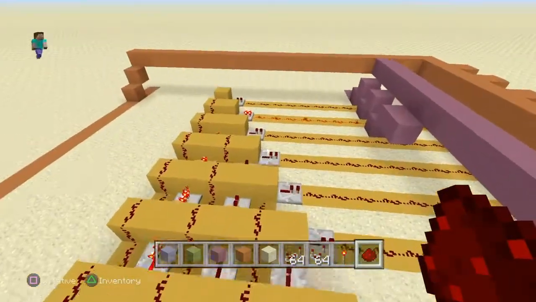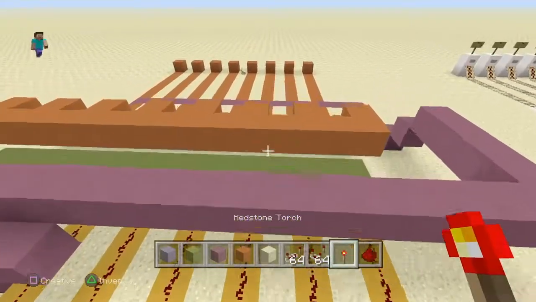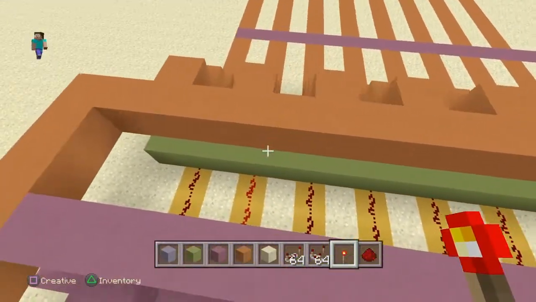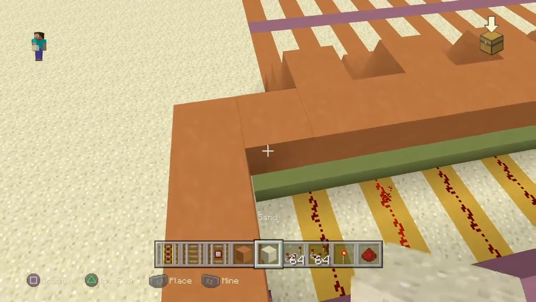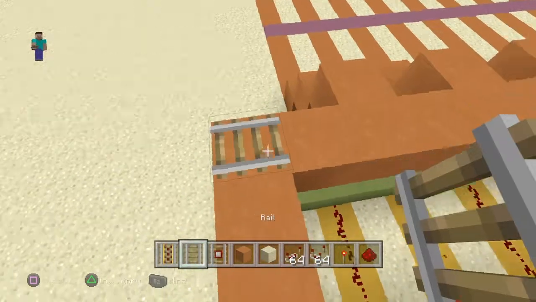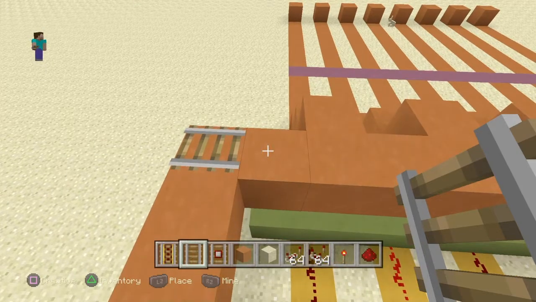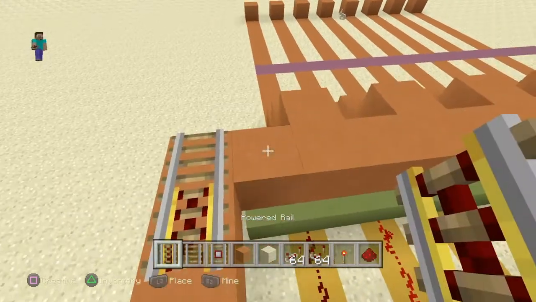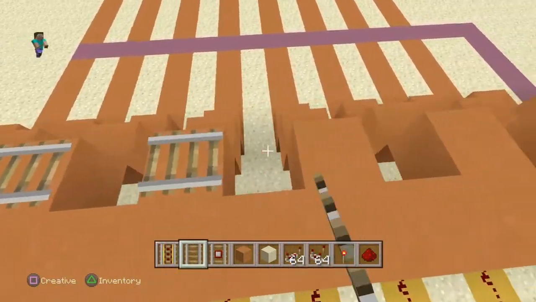So now for now we're going to go to our rails, and we're going to get our powered rail out. We're going to get our regular rail out, and we are going to need one detector rail for this build. So what we'll do is we will start by, in this far corner here, we'll place a regular rail, and then we'll place a powered rail and another powered rail. Then everywhere on these blocks we'll place regular rails,